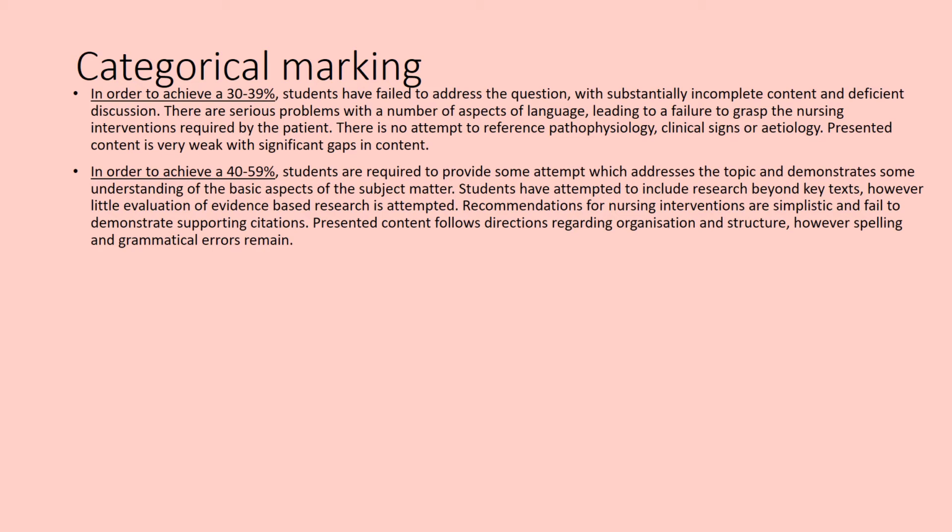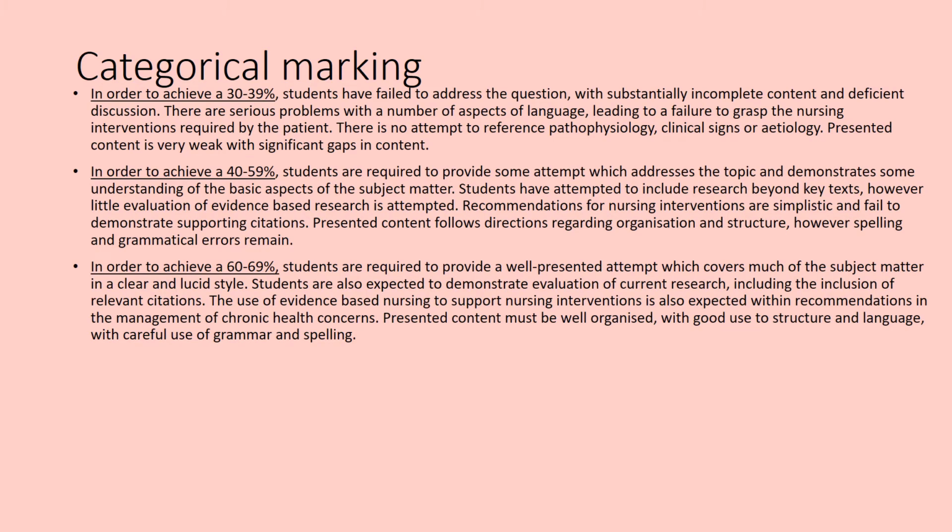We would expect there to be some level of organisation to your structure, but there are spelling and grammatical errors. So whilst you have demonstrated subject knowledge, the actual refinement and approach you've taken is quite limited and quite simplistic. In terms of the 60 to 69%,